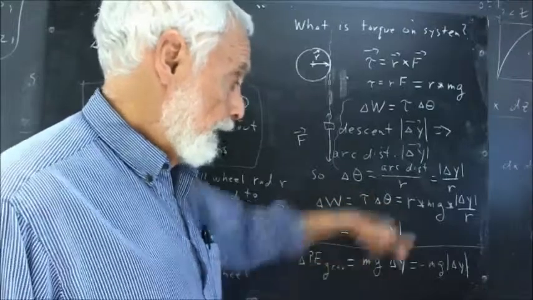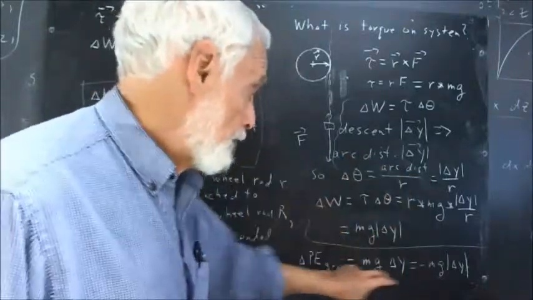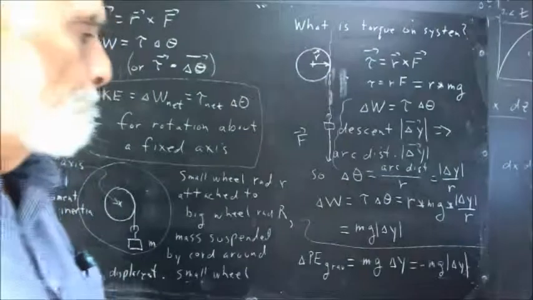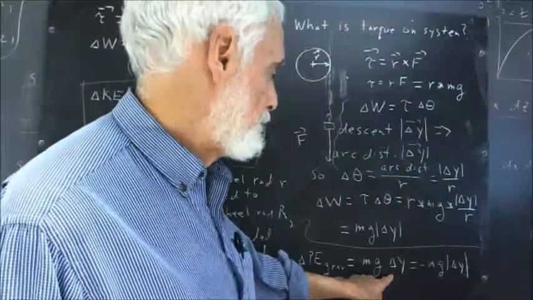Since the mg vector and the delta y are in the same direction, that work is positive, but delta y is negative, so